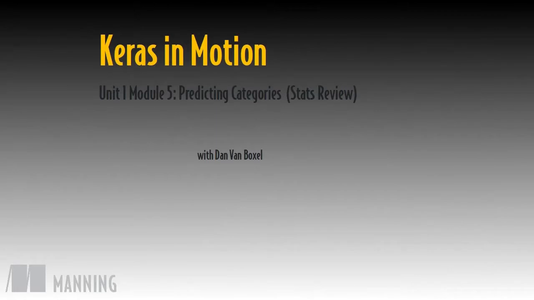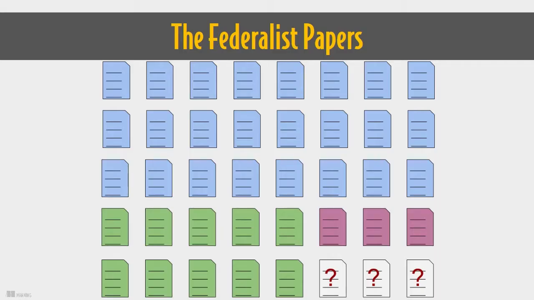Suppose you need to predict how someone is getting to work. Maybe they can take a car, a bus, or a bicycle. Linear regression isn't really going to cut it anymore, because you need to predict a category. Let's look at a simple example involving authorship attribution in the Federalist Papers.